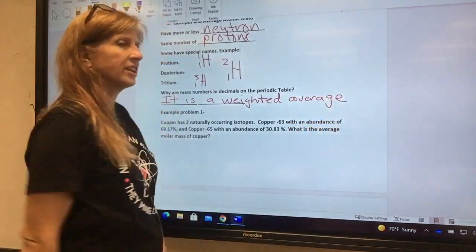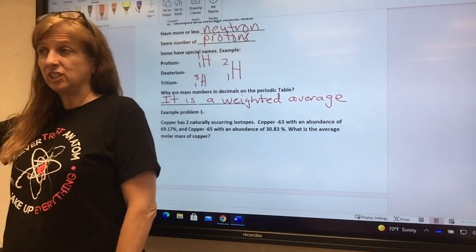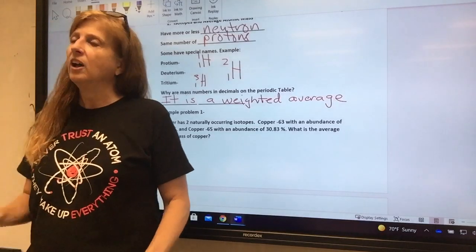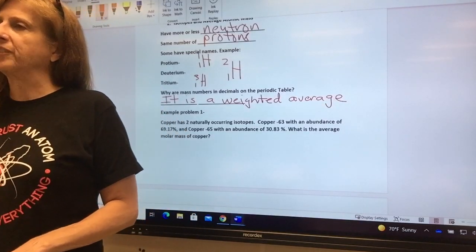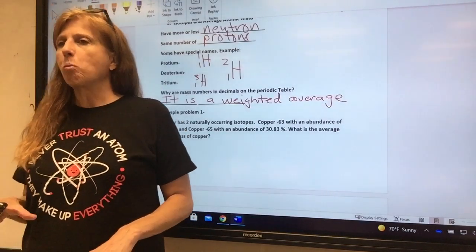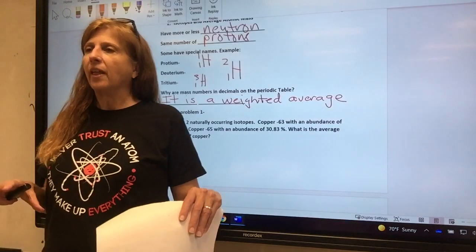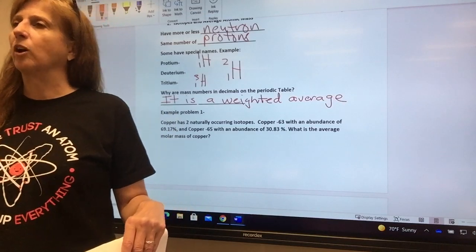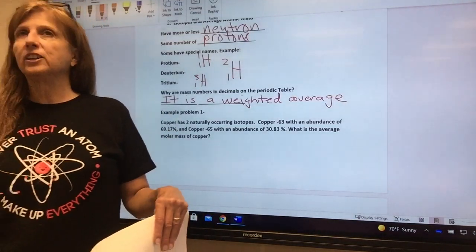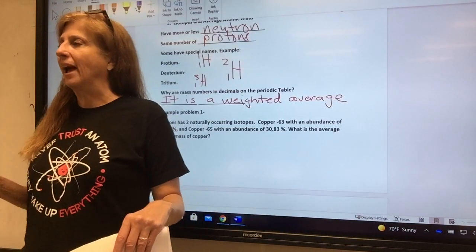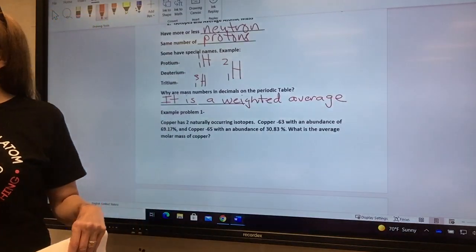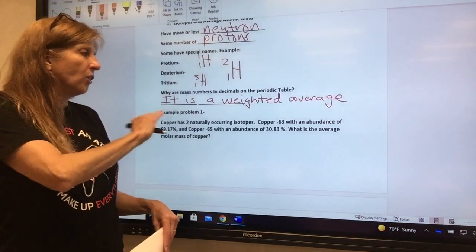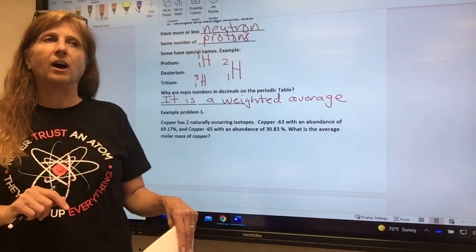It's a weighted average. There's actually another reason too, which I teach honors. I don't bother teaching this to regular. It's also because of E equals MC squared. Because of E equals MC squared, the protons and neutrons, depending on where they are, change their mass slightly. So in college, a lot of times these problems that we're about to do one of,